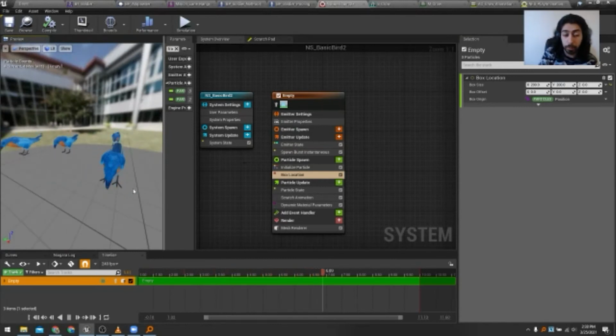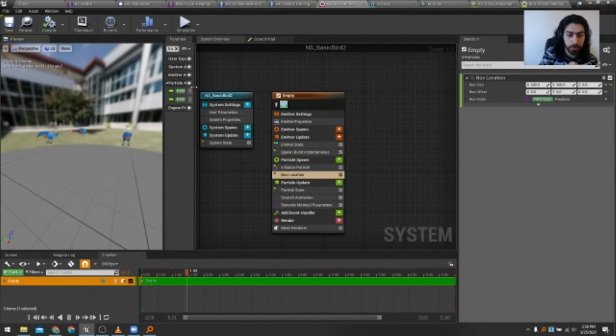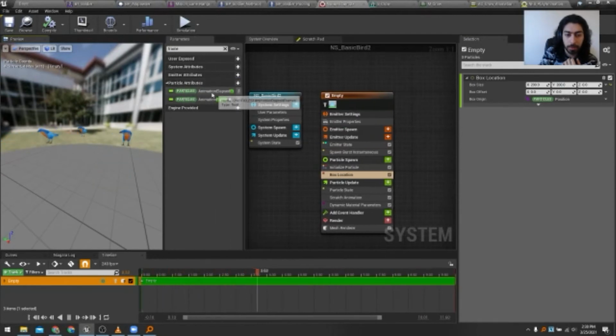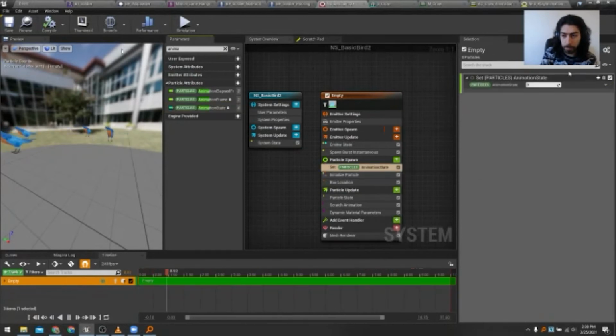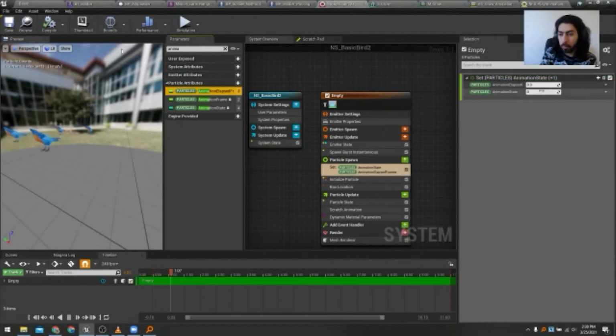And this is where the configuration state comes in handy. So on the particle spawn, we can actually change the elapse frame. And we can change the animation state. So let's just write animation here. So we're going to configure animation state to be the 0 state. And we're going to put the animation frame on top as well. And we want to random, basically this one.